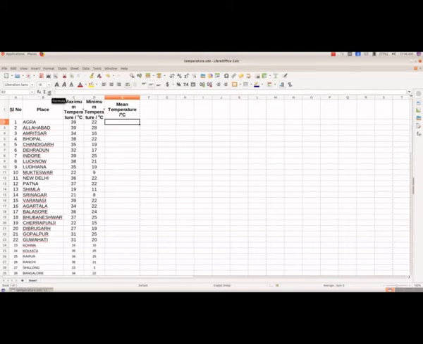If we are going to type a formula, first of all we have to type the equal to symbol, and that indicates that we are going to enter a formula. And we want to find the sum of these two, the maximum and the minimum temperature. And then we will type sum, then we will open the bracket,